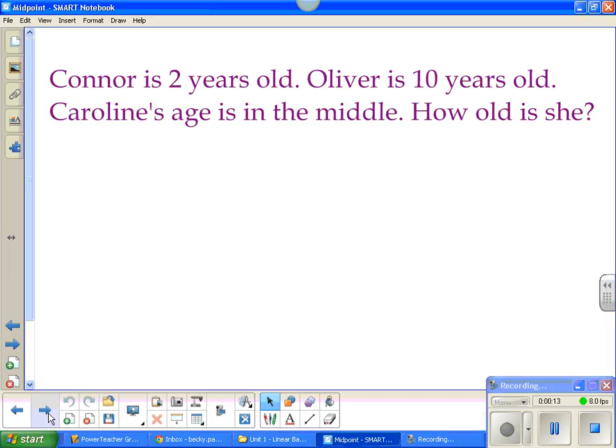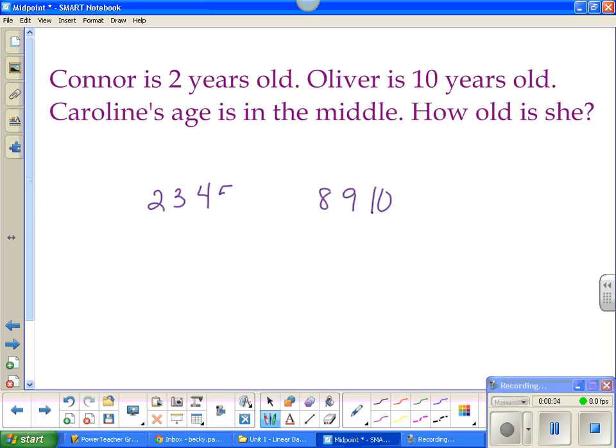Since Connor's 2 years old, Olivia is 10 years old. Caroline's age is in the middle. How old is she? Well, you could sit here and say, okay, Connor's 2, Olivia is 10. So let's see, that'd be 3, 9, 4, 8, 5, 7, 6. Caroline is 6. There is an easier way to do this because what if Connor was 2 and Olivia was